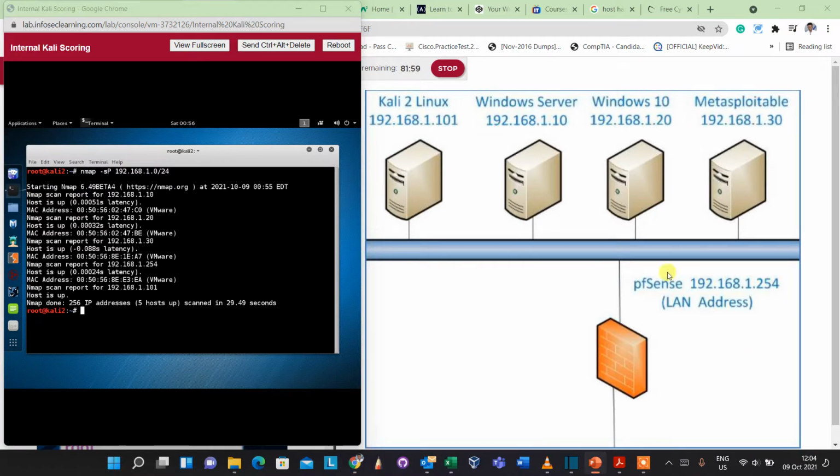So the second phase now is the port scan. I've done the host discovery, so now what I want to do is find which ports are open within these devices. So I want to scan ports and find out which ports are open within these devices. So that will be nmap